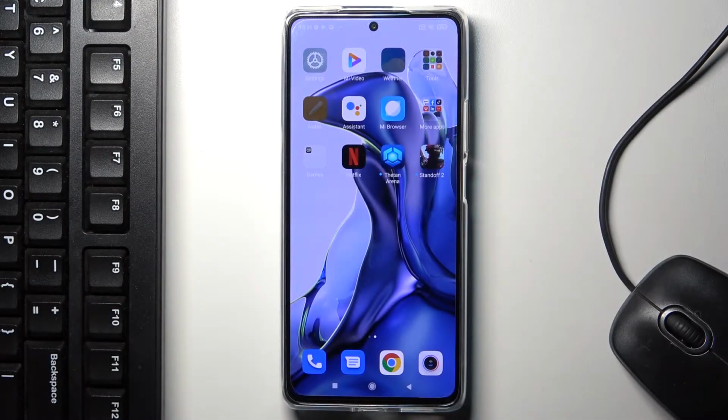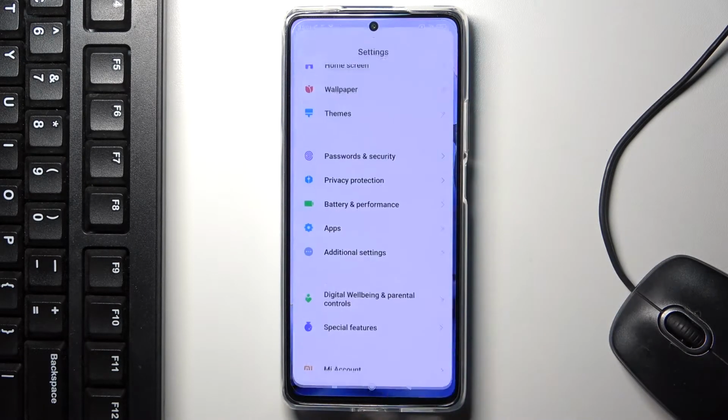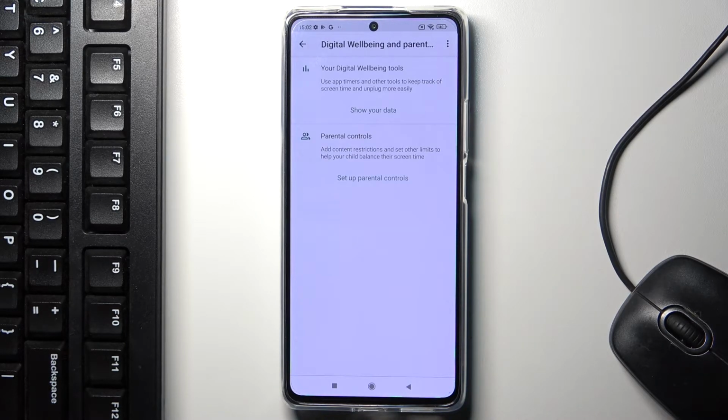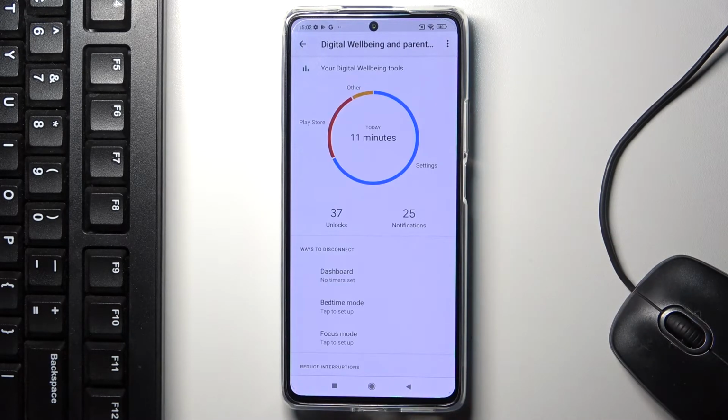Here I've got Xiaomi 11T, and let me show you how to check total screen time on this device. So first of all, just open the settings, then find and select Digital Wellbeing and parental controls, and now go to show your data. And right in front of you, you can check the time spent on your device, and